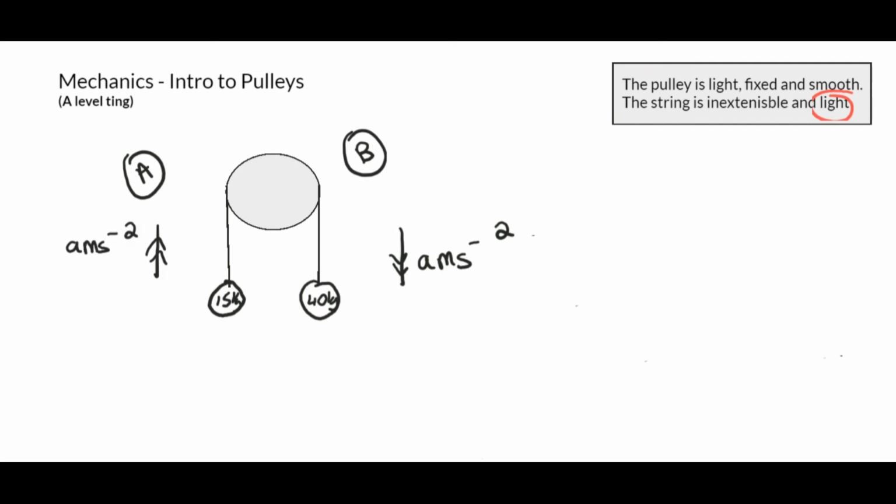Remember that. Next step. Remember, weight equals mg. So this 15 kg on this side, remember, it's going down. Weight is 15, which is the mass, times gravity, which is g. The 40 kg, same thing. Mass 40, g gravity. So these are the weights of it, yeah? We use this equation here, mass times gravity. Remember, gravity is either 9.81 or 10, depending on what they give you in the exam.